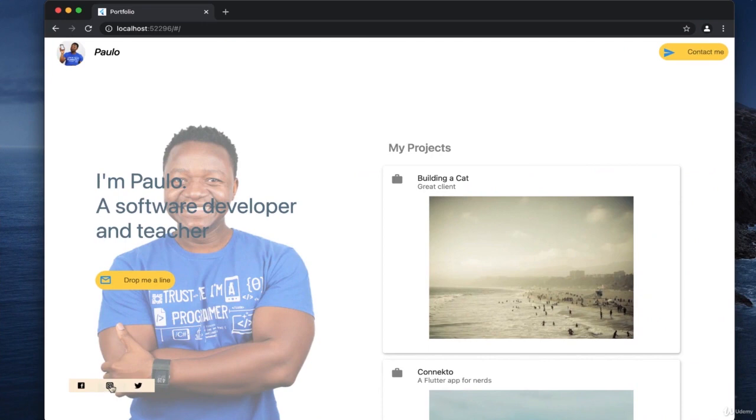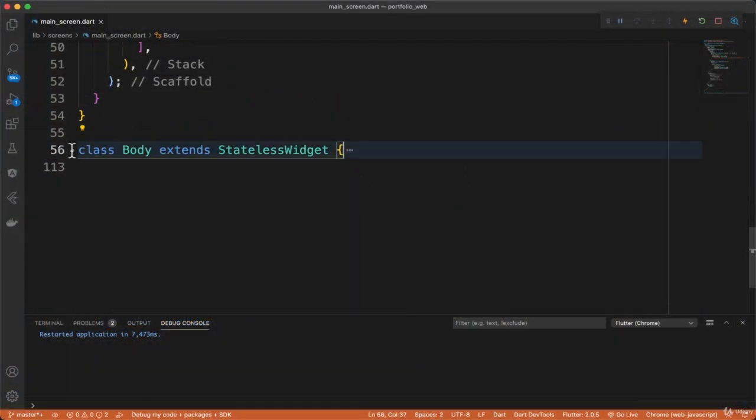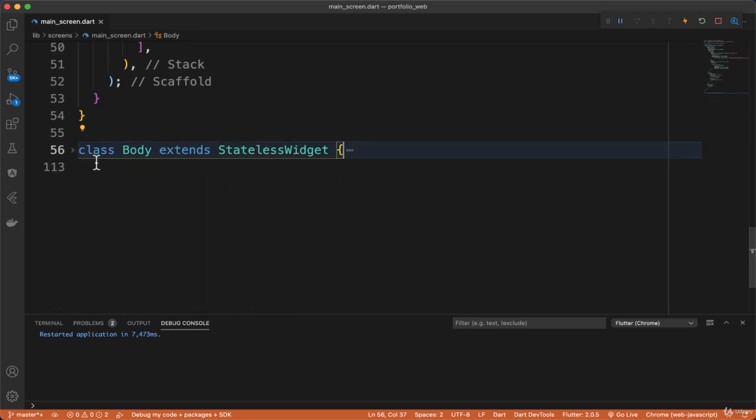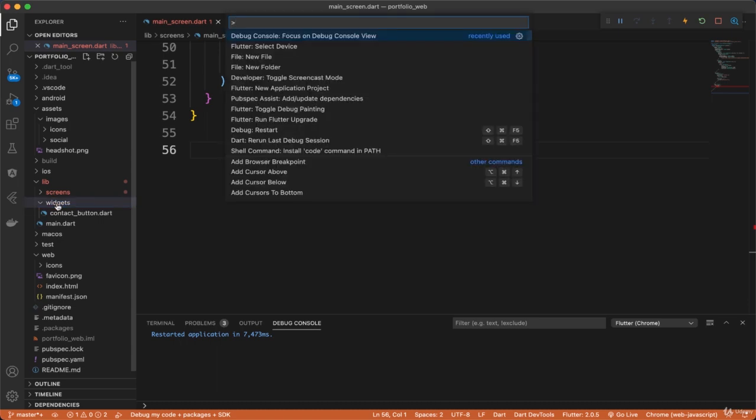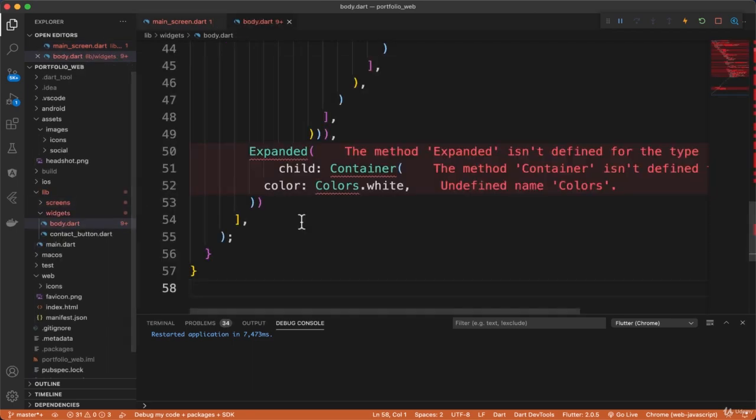The next thing we need to do is to add these floating buttons here, a row of buttons. Before we do that, let's go ahead and move our body somewhere else. So go ahead and fold this class body here. That way we can just refactor all of this. So cut that. And let's go to our widgets, Command Shift P, and let's create a new file. Call this body.dart